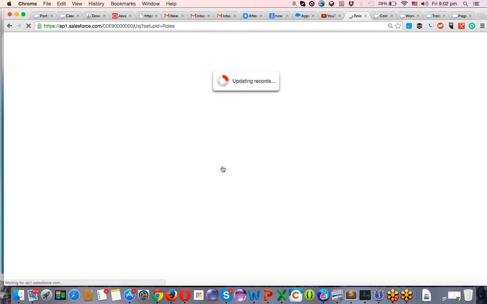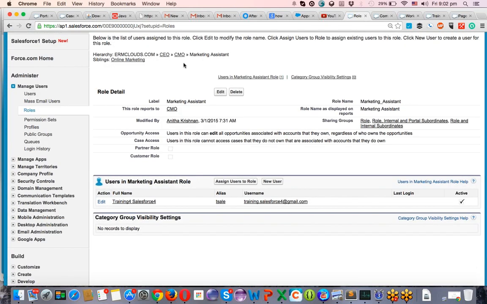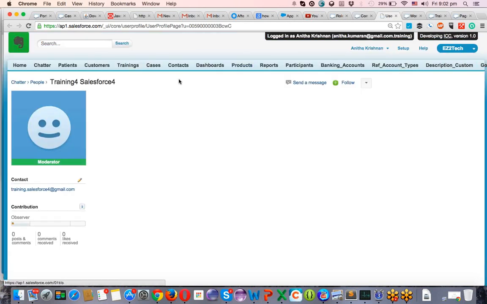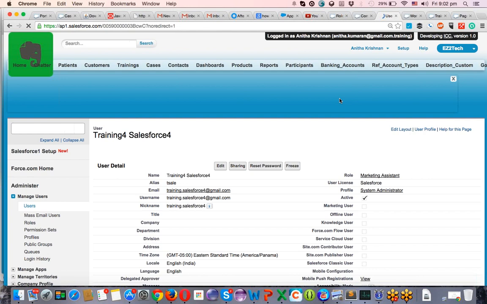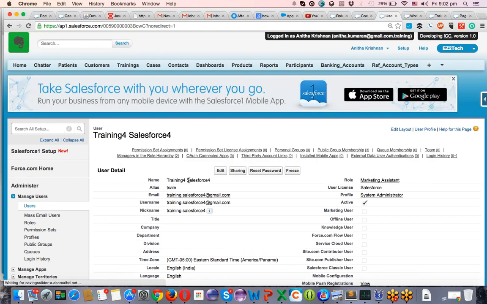If I click on save, now this is the role which I created and this is the assigned user for this role. If I click on this user, it takes me to the training for Salesforce user detail page.